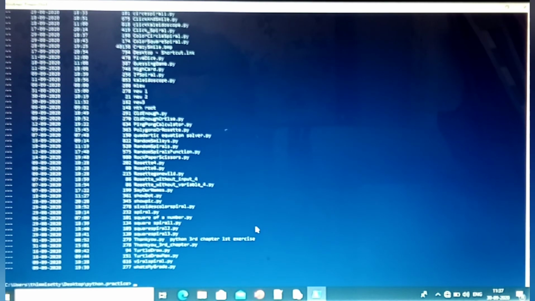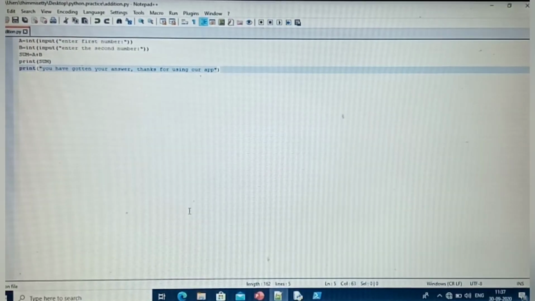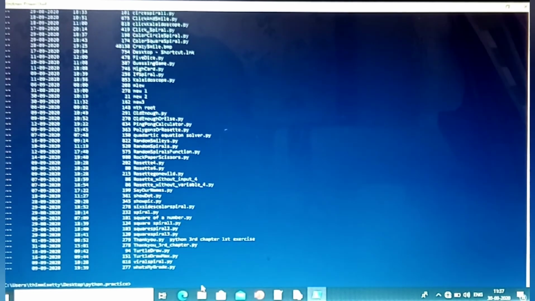If you want to see the files saved in the python.practice or any folder, please type ls. If you type ls, all the files which we saved in it will be shown. I saved this many files. So now whatever we saved, that is addition.py. So whatever we are using in this Python PowerShell, we must use Python before typing